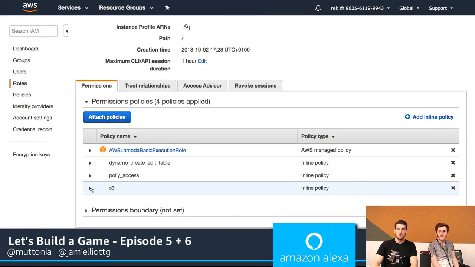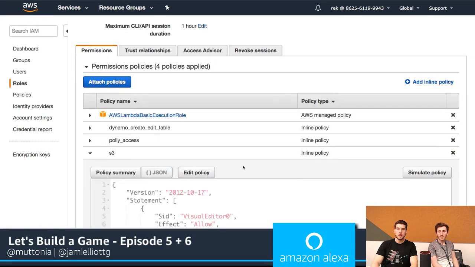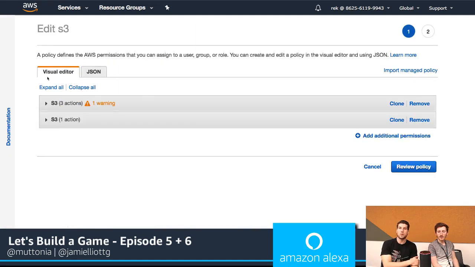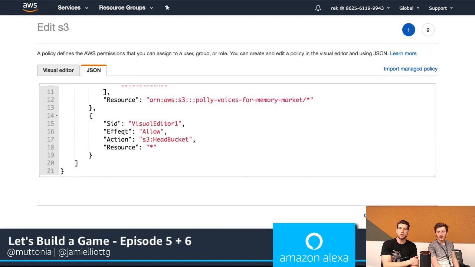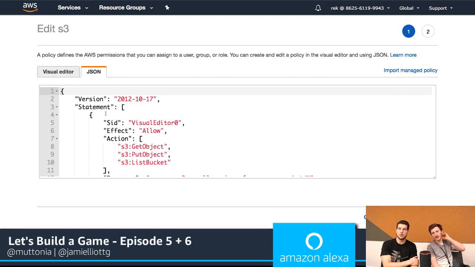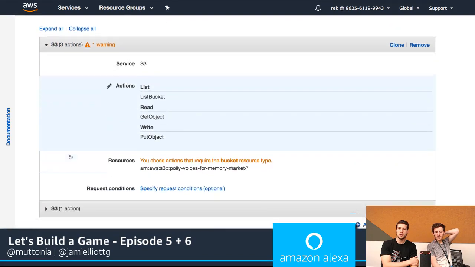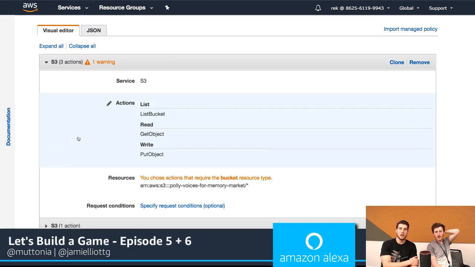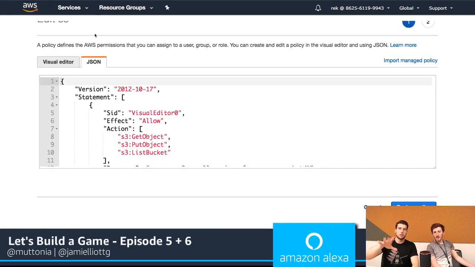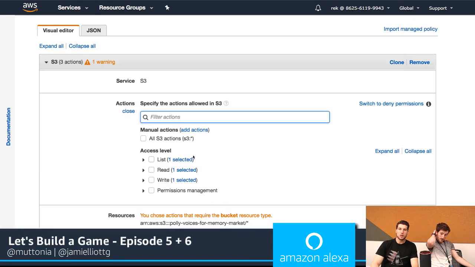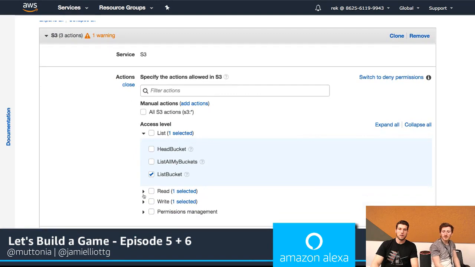So we go here, and we go to Edit Policy, and you'll see it takes us back to the same visual editor. If you don't like the visual editor, you can always go back to just the JSON. But the visual editor is useful if you're not used to the whole S3 environment, the IAM schema for specifying what permissions to add, and you can just change exactly what the function has